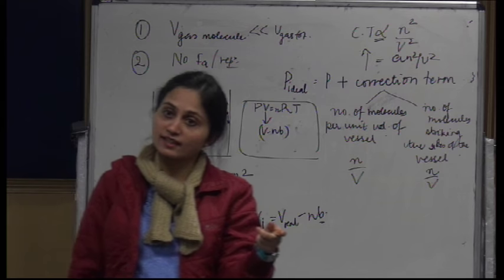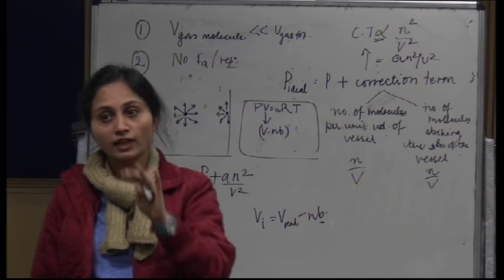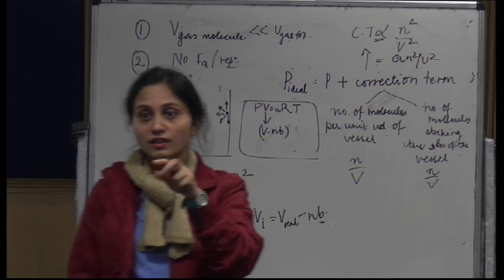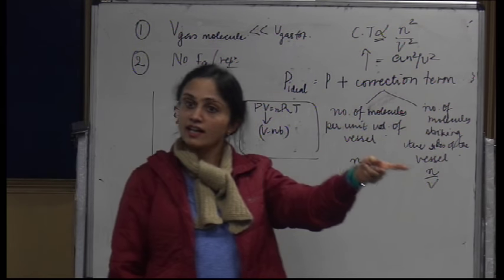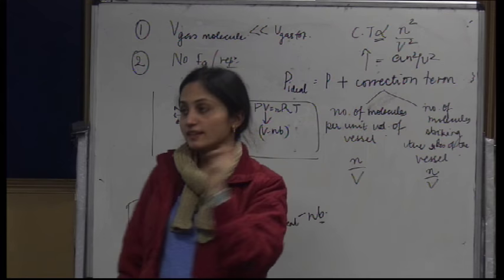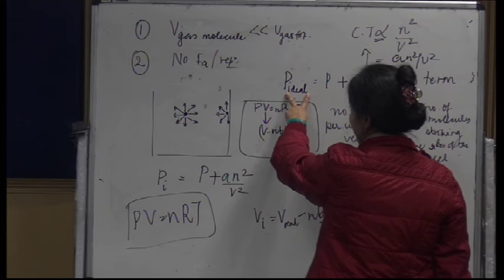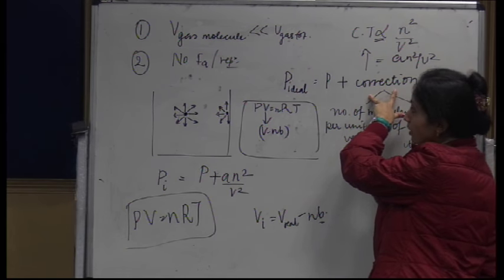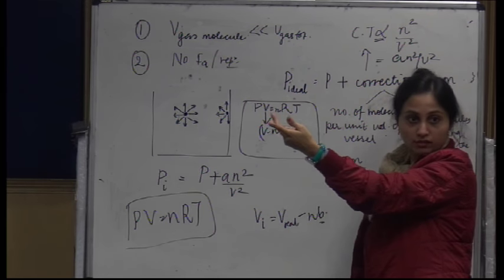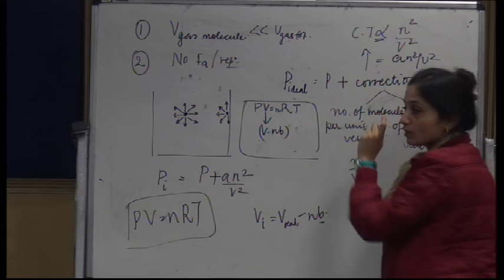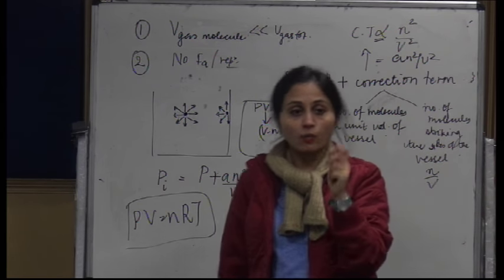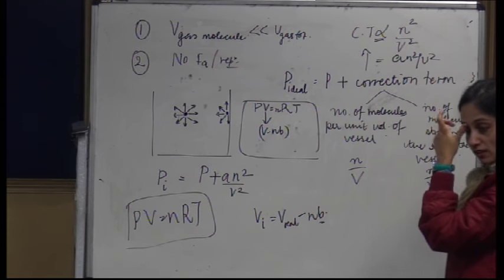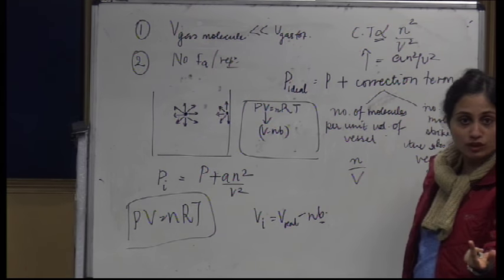And if that decreases, your pressure will also decrease. So in reality, your real pressure is lower than that of the ideal one. So that means my ideal pressure is equal to the real pressure plus some correction term, क्योंकि ideal वाला ज़्यादा है, ठीक है? और ये correction term depends now on two factors. One is the number of molecules per unit volume of the vessel, कि कितने molecules हैं per unit volume, and